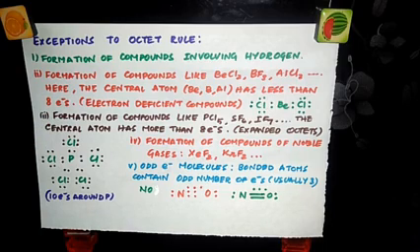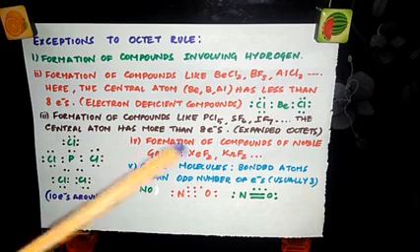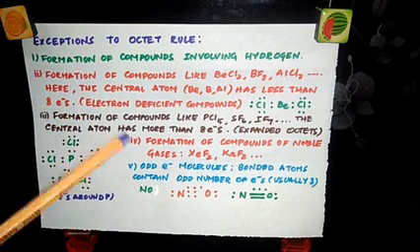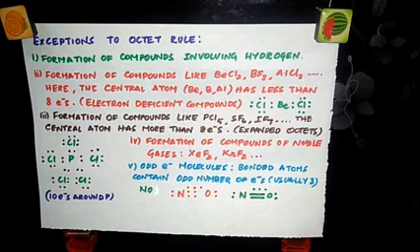And the third one is the formation of compounds like PCl5, SF6 and IF7. In each of these molecules, the central atom has more than 8 electrons. So we call these expanded octets. Here, with less than 8 electrons, we call them electron deficient compounds. Here the central atom has more than 8 electrons. For example, in PCl5, the central atom phosphorus has 10 electrons around it. In the same way, in SF6, the central atom has 12 electrons, and in IF7, iodine has 14 electrons.